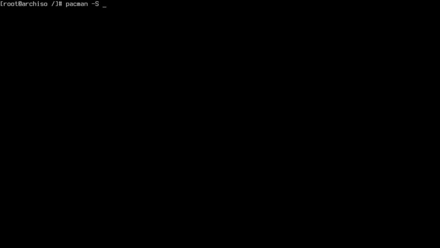pacman -S. We are going to install base-devel, these are the development packages for compilation and all this stuff. If you are not going to do that, you don't need to install base-devel, but you have to install sudo separately. You can install dosfstools for the file system, mtools. If you're having a Windows hard drive or something, if you want to connect that to your system, you have to add the ntfs-3g package, and os-prober,